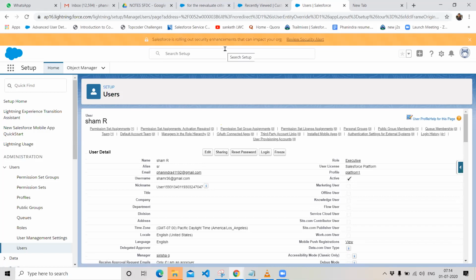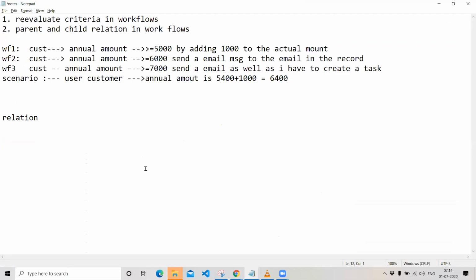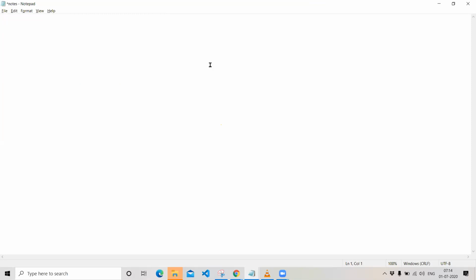If you do want to specify any other user as your business user whom you want to report to or whom you want to take an approval from, you can choose the person in your user object by creating a hierarchical field. So this is with respect to the user creation and the hierarchical relationship in Salesforce. We don't have any prerequisites for any of this. So let's go to our approval process.